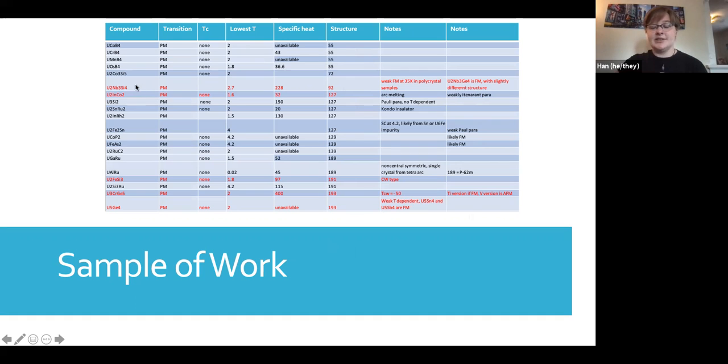You'll notice that some of these are highlighted in red. Sheng does that when the compound is particularly interesting and one worth synthesizing. So as you can see, we have quite a few compounds we're synthesizing here and some that are not interesting. And we take notes on the interesting ones as well as potentially interesting ones.